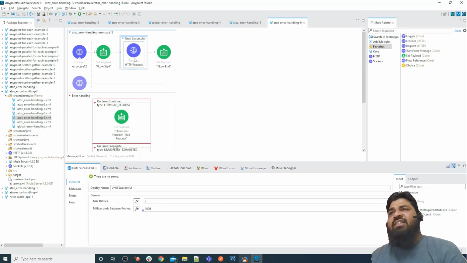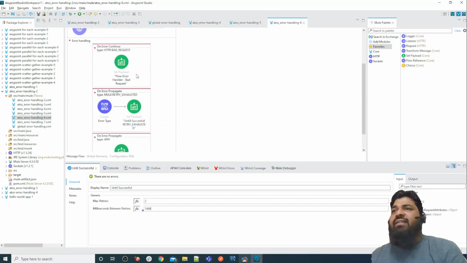We know that this HTTP requester is throwing an HTTP connectivity error. The first time we get an error, then it will retry 2 times, so a total of 3 times: one is the default, two we have defined as retries. And if all retries are unsuccessful, then we get a retry exhausted error.